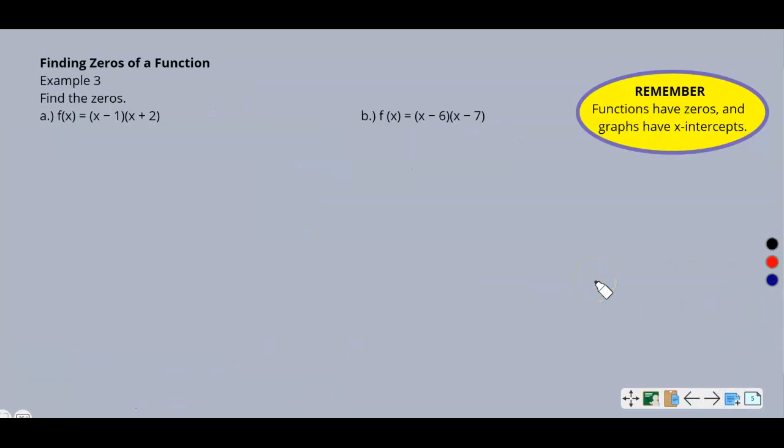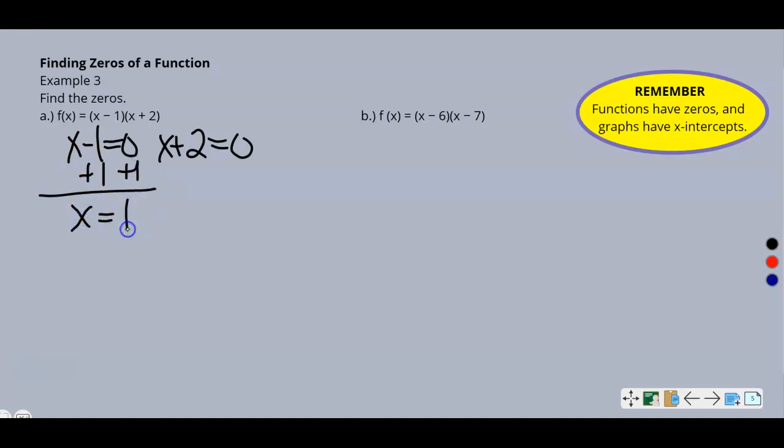All right, example 3, finding zeros of a function. So this is already in intercept form, which I call factored form sometimes as well. But because you already have this factored, you can use the zero product property to quickly set it equal to 0, which is already what I've been doing in order to graph the zeros or the intercepts. So I don't know why they put this as example 3 instead of example 1, but let's show what we're